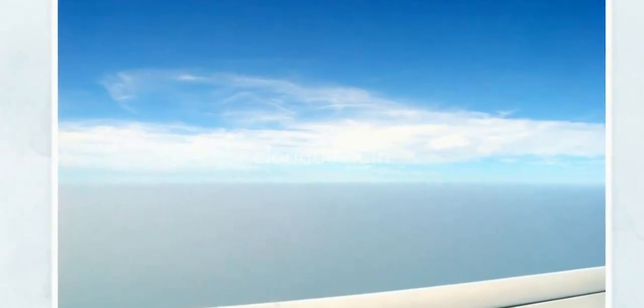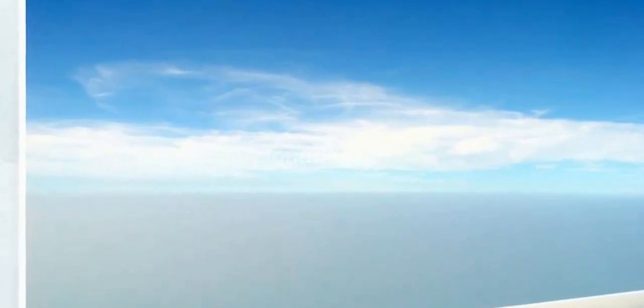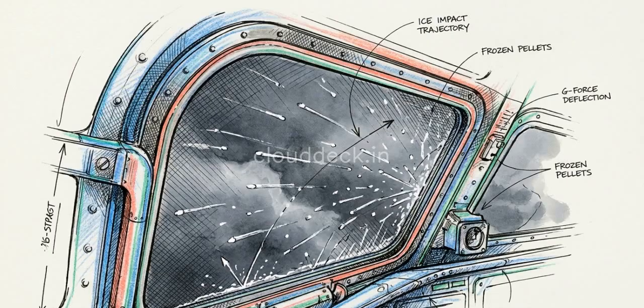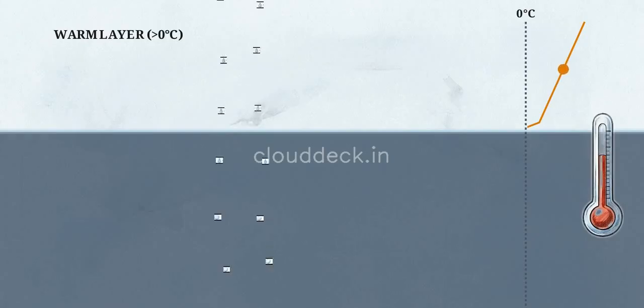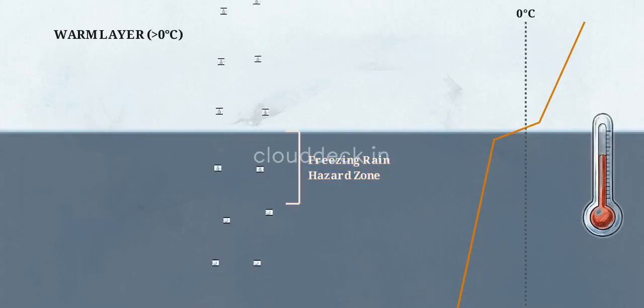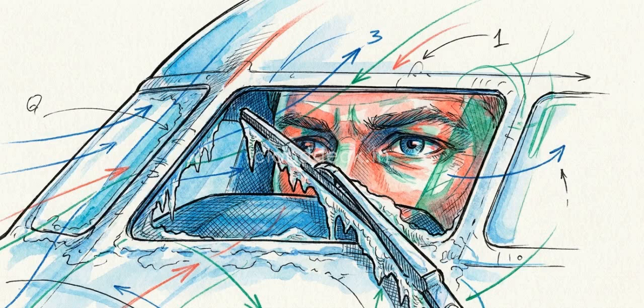From inside the cockpit, a pilot watches for the moment ice pellets begin to drum against the windshield. This sound acts as a profile of the air layers sitting directly above the plane. Encountering these frozen pellets indicates that a layer of warm rain is falling through a sub-freezing band. It is a warning that a layer of severe freezing rain is accumulating just a few hundred feet higher. Survival depends on reverse engineering these environmental symptoms, because the most dangerous conditions are often invisible until the airframe begins